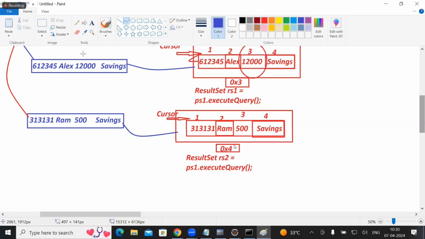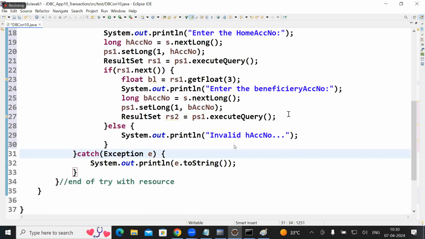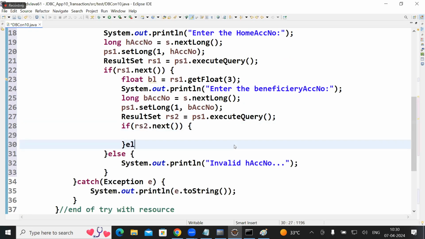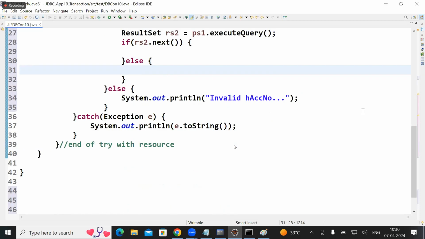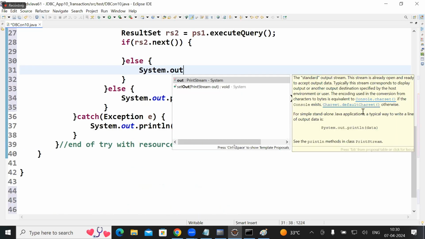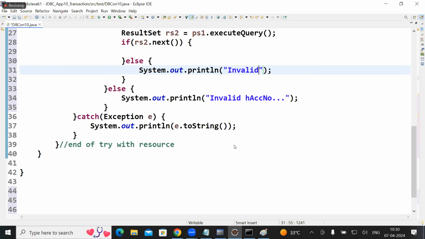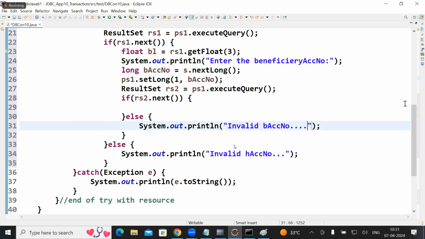Now move the cursor and check whether record available or not. Move the cursor. So here rs2 dot next. If rs2 dot next is true, beneficiary account number available. If not, you can say System.out.println invalid beneficiary account number. All of it clear up to here, right? If beneficiary account number is available,